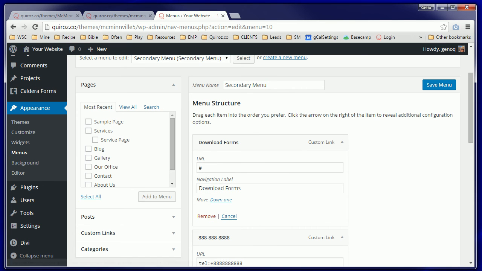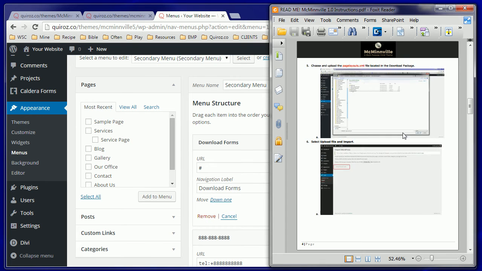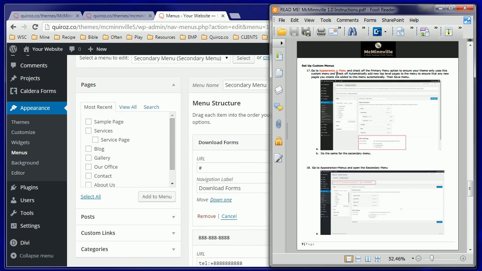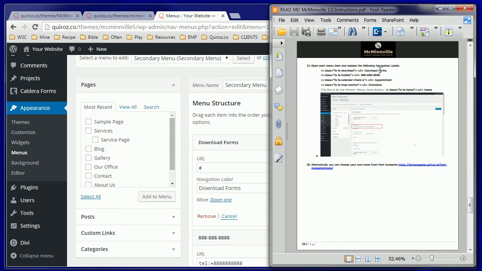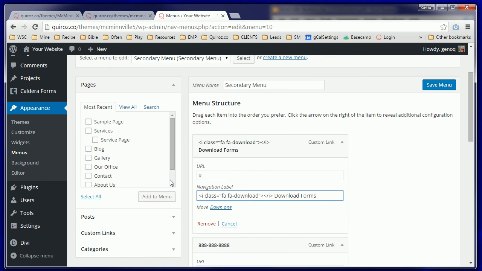And then what we're going to do now is go back to the README instructions, and if we scroll down to the section that talks about the menu customizations, set up custom menu on page 9, you'll see I've included the links with the Font Awesome icon code. So we just go in here and copy and paste each one,